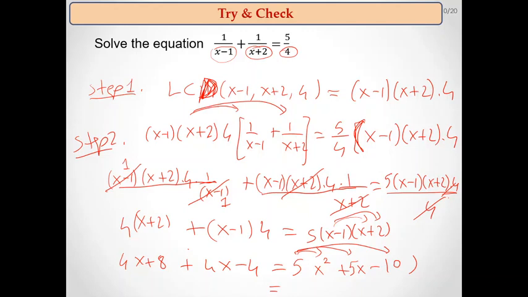Now, there is a square here, so it looks like a quadratic equation, but there is no x squared on one side, so it's better we make it in standard form. 4x plus 4x is 8x anyway. Send all of them to the other side. Then this makes